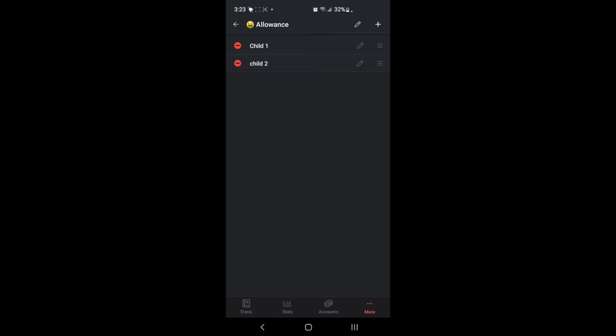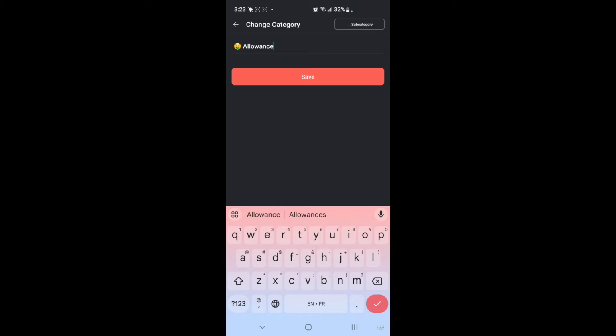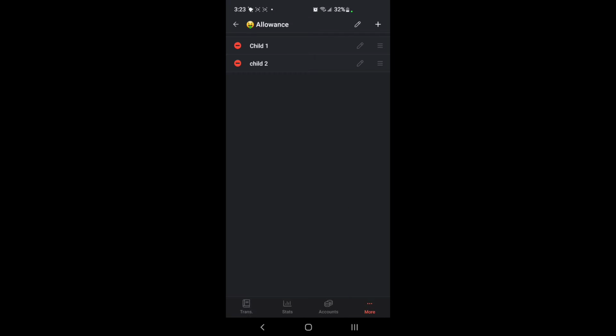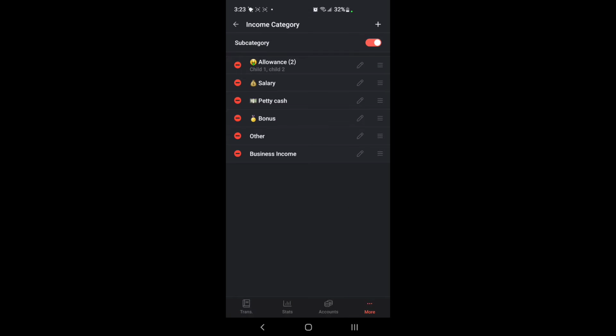Now, before I turn on the subcategories, if I would press allowance, I would be able to go in and change the name. That has just moved to the pencil over here, and I could change the category name that way. So if we go back, now we see here, it shows us our category with a little 2 next to it, because there are 2 subcategories under this income category. Now we'll just go back,